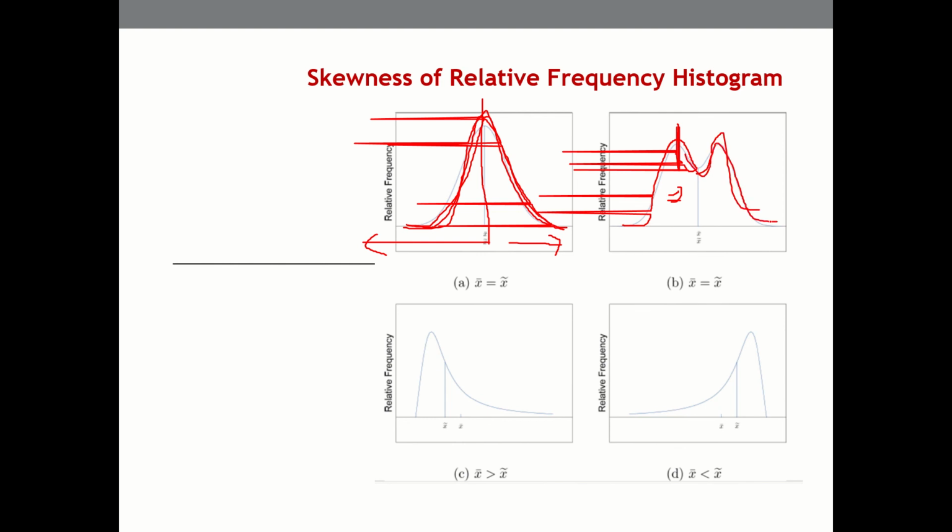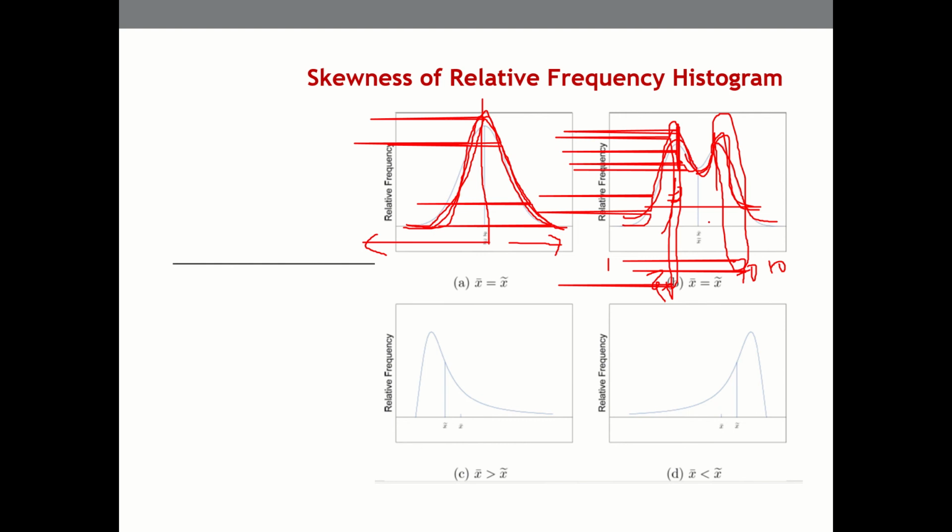The data can be spread something like this. For example, let's say we are plotting from 1 to 100, and we have a large number of data sets in the 60s and 70s, and similarly a large number of data sets in the 40s. So probably we may get numbers like this. In some cases, we may have a data set where the average is somewhere here, middle value is somewhere here, or it can happen in the reverse way as well.